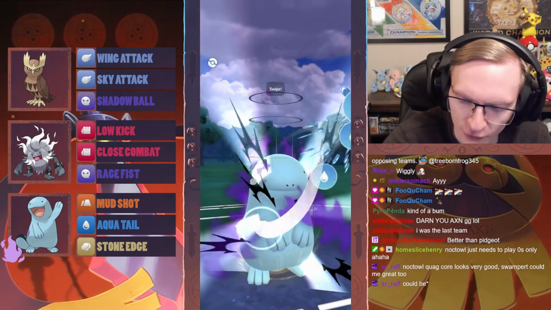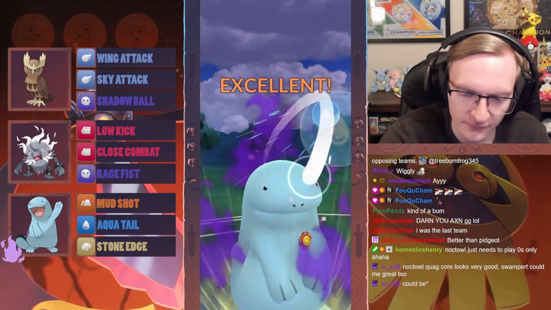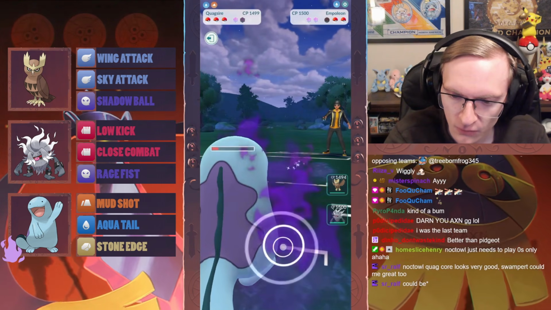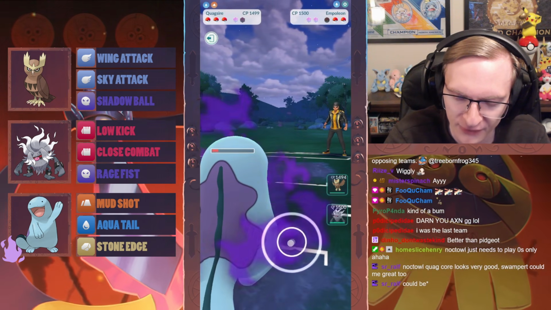Alright, do they survive this Aqua Tail if they no-shield? If they do no-shield, though, they're still 1 away from their next move, so I should be able to Mud Shot down. Oh, they do just get knocked out. Nice. What comes in? I can probably Stone Edge or double Aqua Tail a lot of different things in the game, so